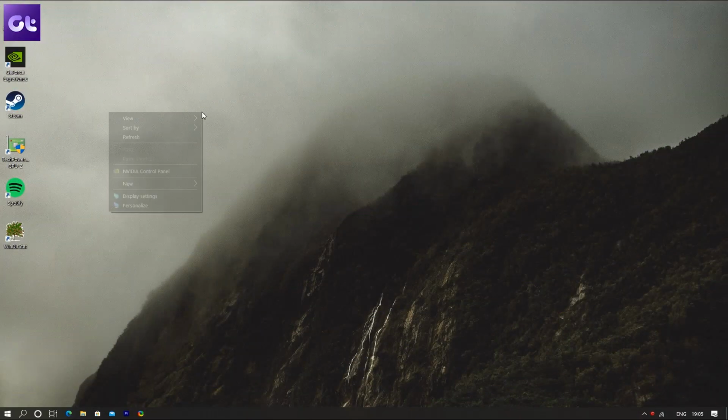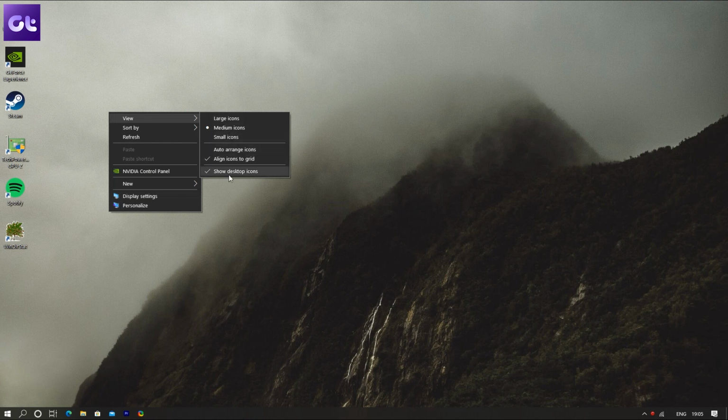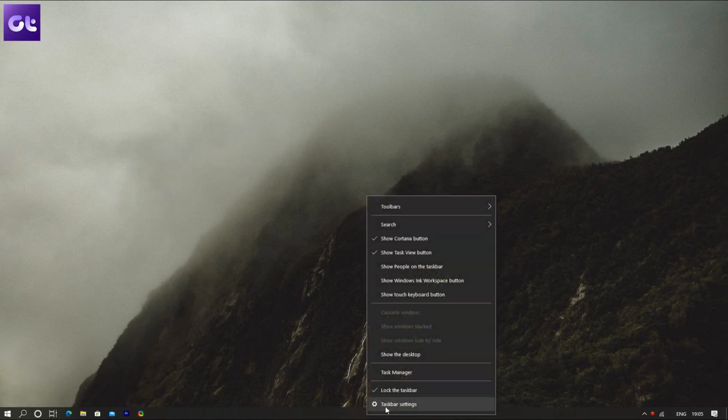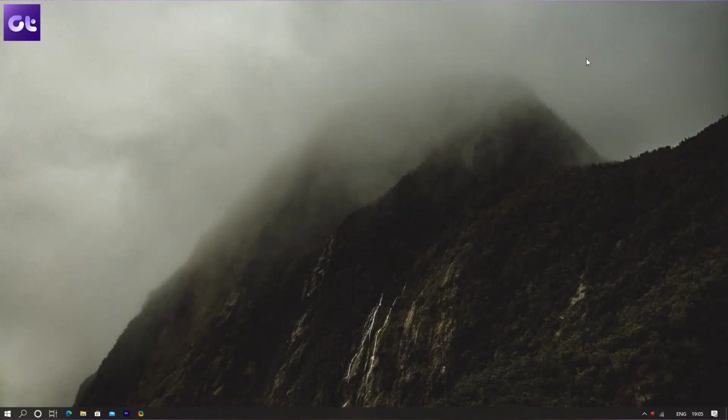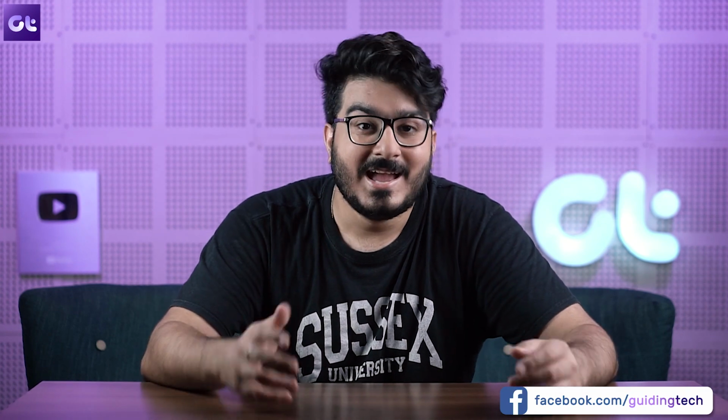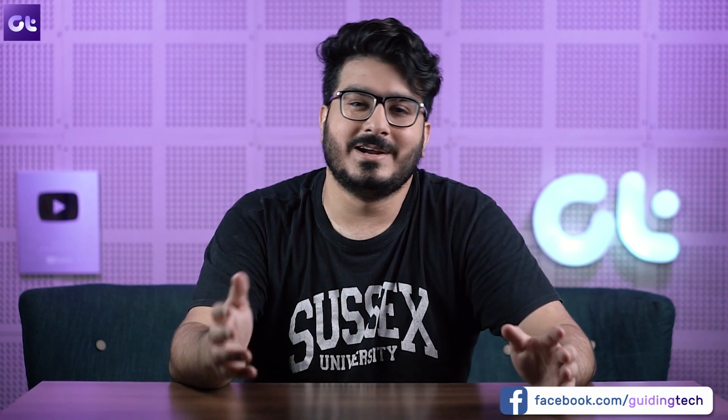Okay, so the first thing that you need to do is clear your desktop by just hiding the desktop icons. Also, head over to the taskbar settings and set the taskbar to auto hide. Now, a lot of folks usually suggest going for some kind of dock like Rocket Dock or Star Dock, but I'm not gonna do that because, for various reasons, I can tell you that Windows is best compatible with the inbuilt taskbar. As for customizability, I'm not gonna argue that the taskbar does look ugly, so I just prefer hiding it.